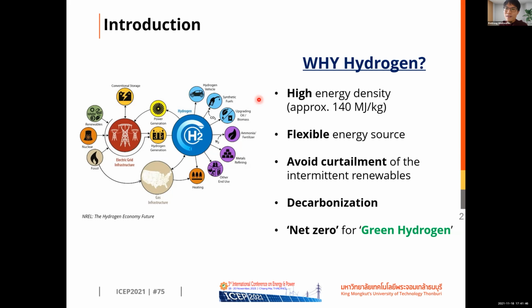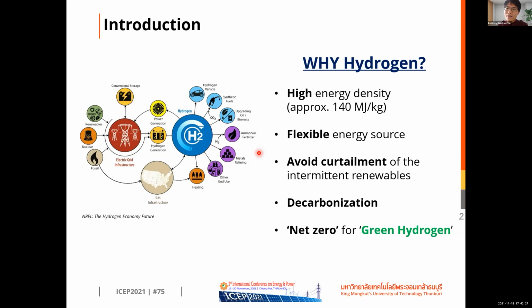Hydrogen has a high energy density compared to other solid biomass. Hydrogen has approximately 140 megajoules per kilogram of energy density, while other solid biomass has more or less 50 megajoules per kilogram. And hydrogen is a flexible energy source because hydrogen itself can transform into other forms of energy, like electricity by using a fuel cell, or